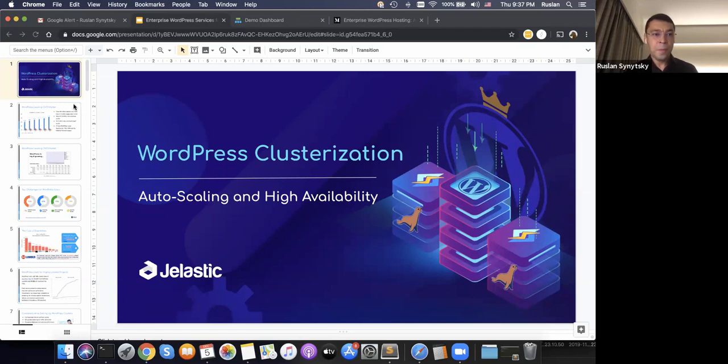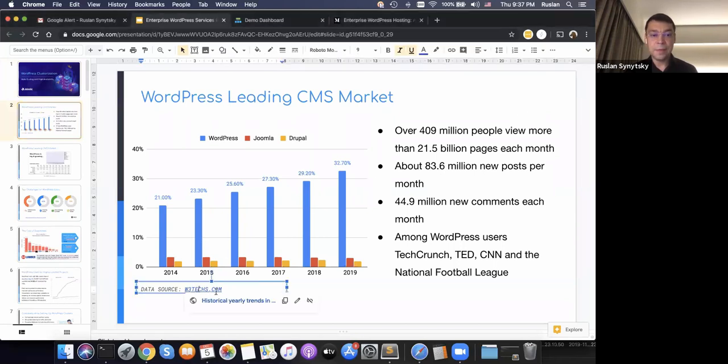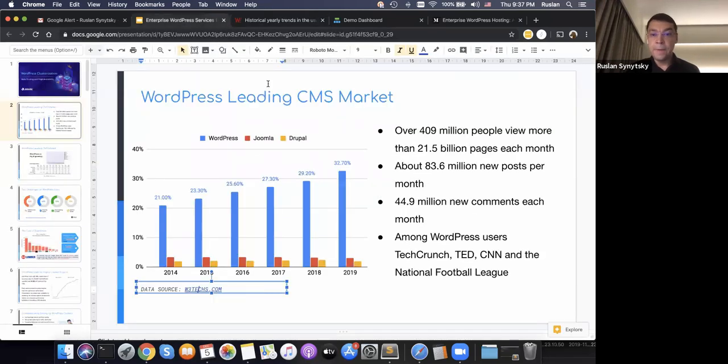Then let's move on. I believe it's not a secret that WordPress is the most popular CMS on the market. According to statistics collected by the W3Techs website, current usage is about 35% among all websites. It's a huge number. Large companies like TechCrunch and CNN are hosting their websites using WordPress.